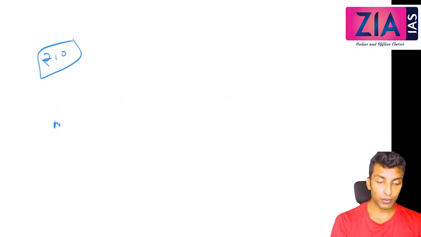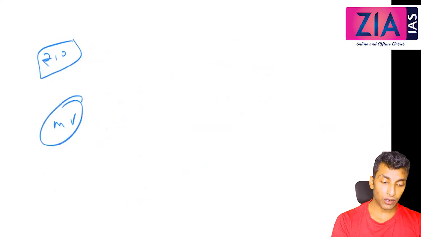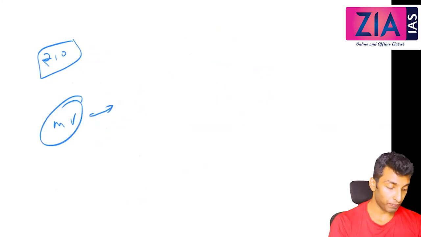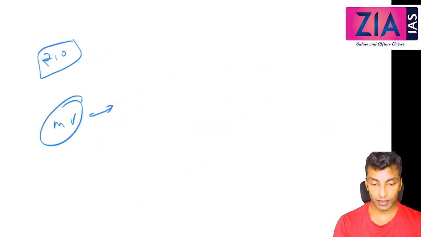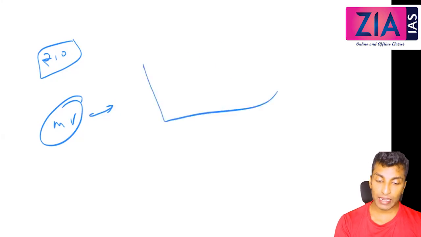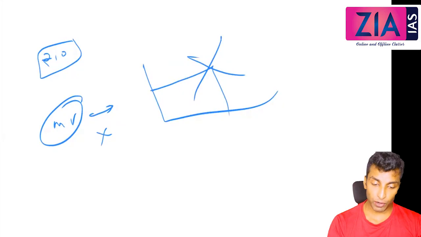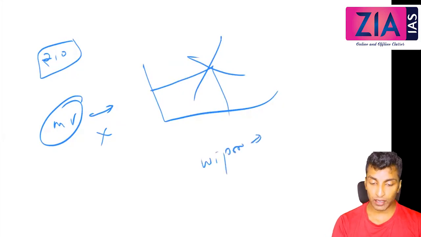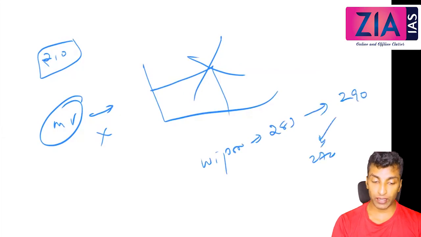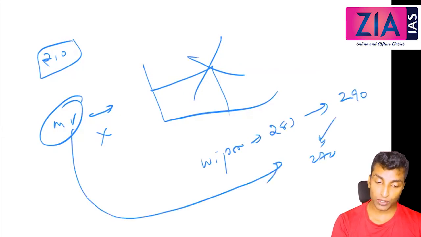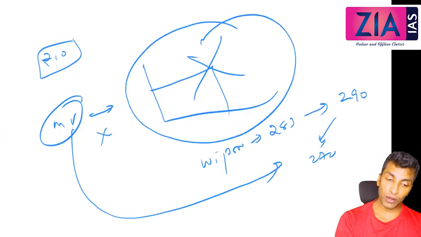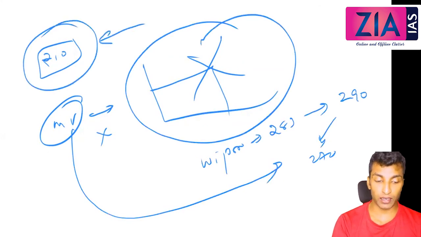What is the market value? Market value is the current value, the price at which it is traded, right? That will be based on demand and supply. It cannot be fixed. Market value cannot be fixed. Today Wipro, let's say, is 283, okay, tomorrow it will be 290 or it can be 270. So this is market value, which is based on demand and supply. Face value is the value when it was issued at IPO.